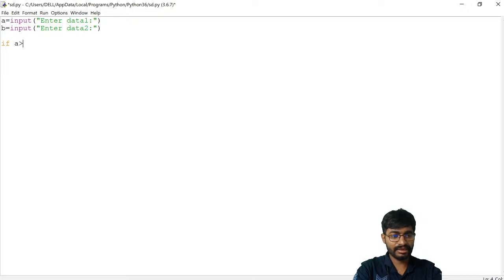If a greater than b, print a is greater, else print b is greater.